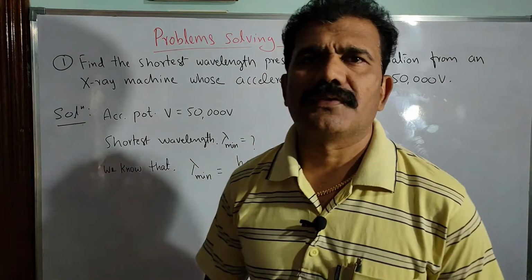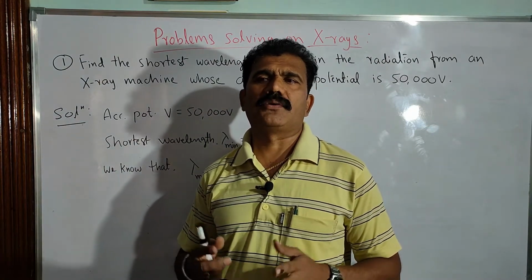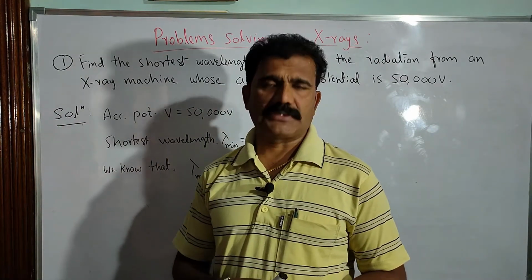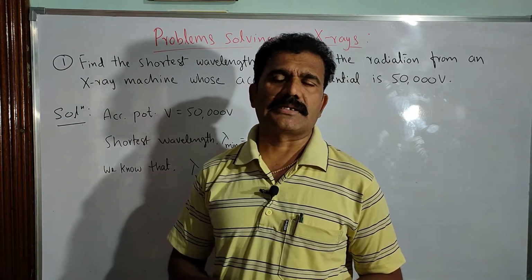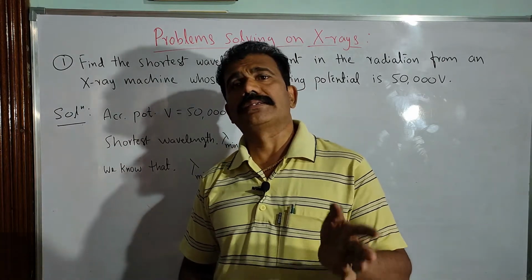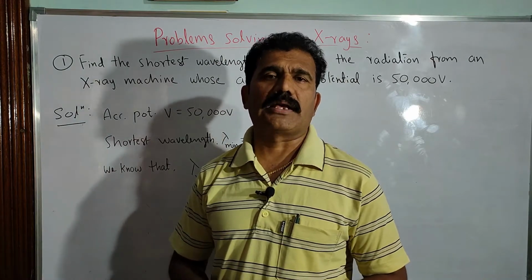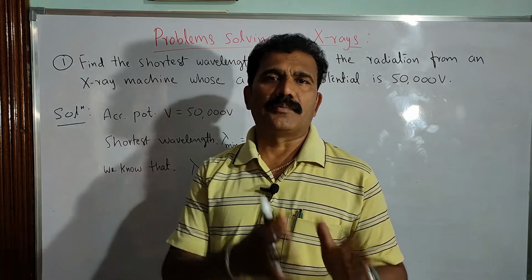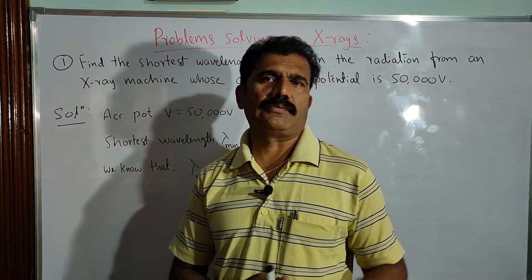So hello students, in the last video we discussed X-rays, in which we covered the production of X-rays, so that we can classify X-rays as continuous X-rays and characteristic X-rays. And further X-ray diffraction also, that means the two types of scattering, Bragg's scattering and Compton scattering, isn't it? So the scattering part was also discussed in the previous videos.